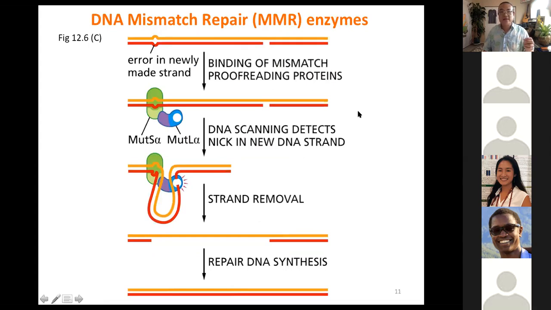Another way that the mistakes in DNA replication can be repaired is, let's say, for example, on the top here, that whole DNA polymerase complex has moved on, and it unfortunately missed this mismatch right here. So there are enzymes that are essentially coming and docking on the DNA and helping to catch these types of mistakes after the fact. These mismatch repair enzymes, or MMR enzymes, include proteins such as MutS and